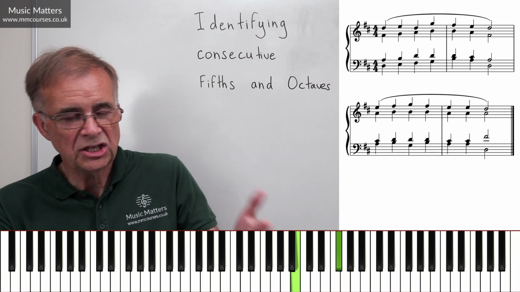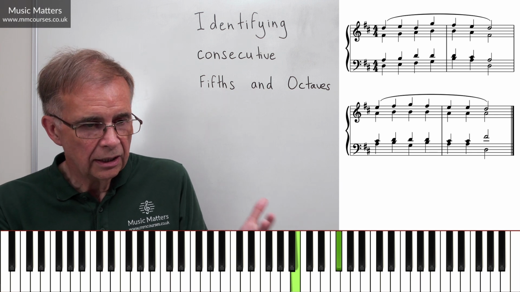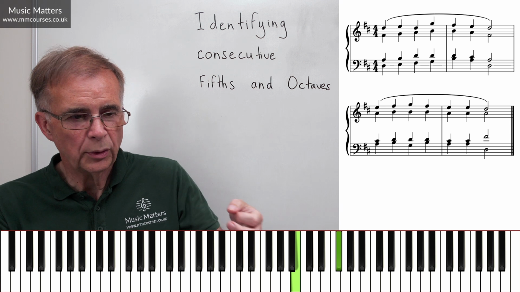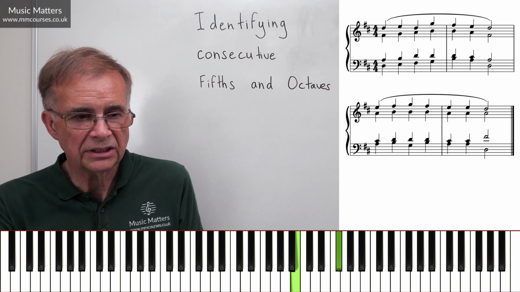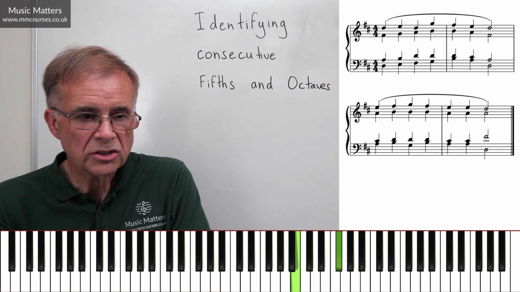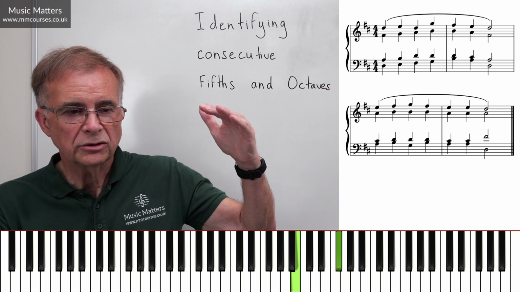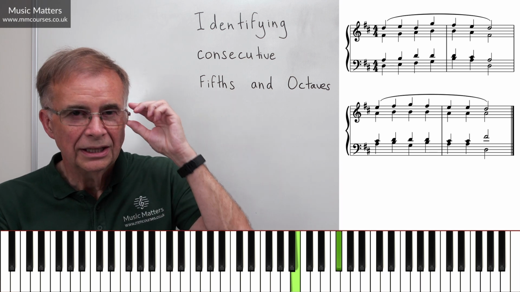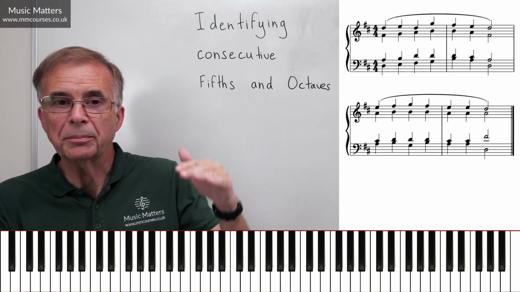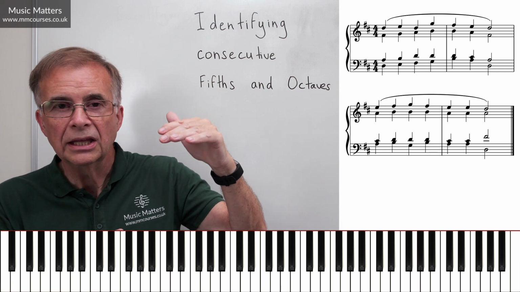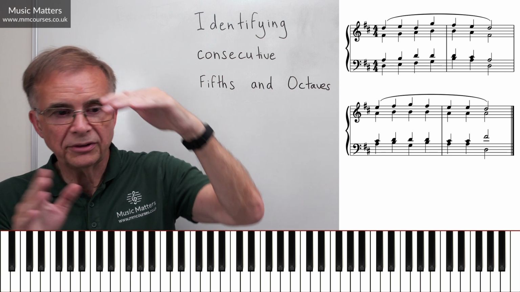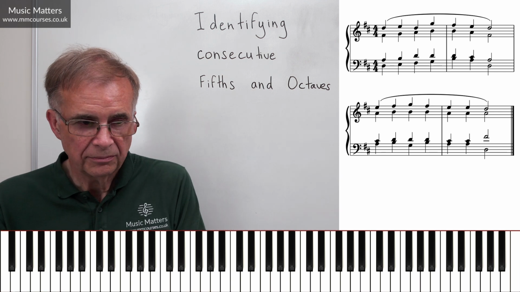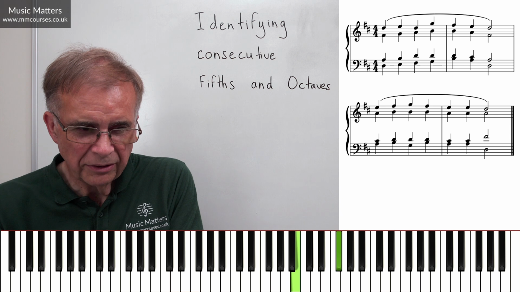I might need to change the alto note, say. I could maybe take the alto down to F sharp on that second chord. That would fix it. Or I might decide to change the chord. But you see, as soon as the alto part's moving in a different direction, I can get away from it. So there's no problem about writing a perfect fifth. What you mustn't do is write two perfect fifths next door to each other when they're moving. So you've got perfect fifths there.